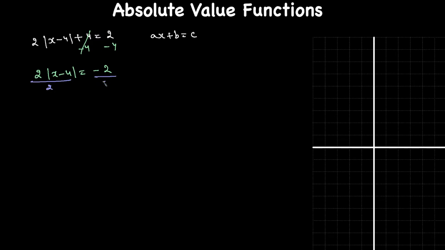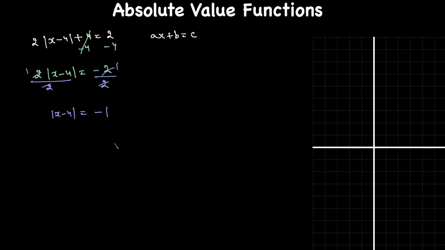So the next example I'm going to write is 2 times the absolute value of x minus 4, plus 4, is equal to 2. Again, our goal is to make it look like ax plus b is equal to c. So I got 4 over here, so let's get rid of this 4. This gives me 2 times the absolute value of x minus 4 is equal to negative 2. And now if I divide both sides by 2, this gives me the absolute value of x minus 4 is equal to